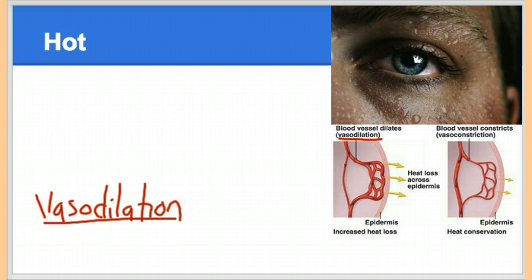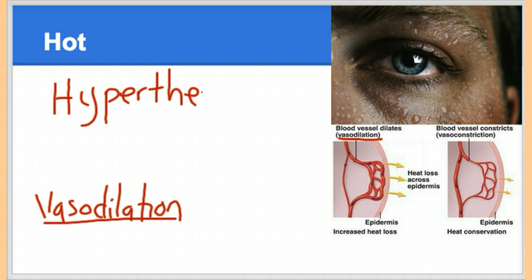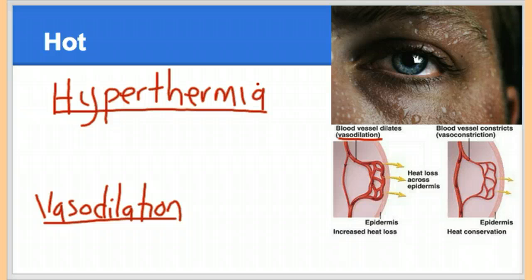Now, say for example your body fails at sweating or fails to vasodilate, or it is vasodilating and there is sweat, but still the temperature is so hot that your body cannot overcome the amount of heat, you will suffer from a disease that is called hyperthermia. Again, if your body cannot maintain homeostasis when it comes to heat, you can suffer from hyperthermia. One of your assignments will be to look at some of the symptoms of hyperthermia. You will have to do research on that later on.